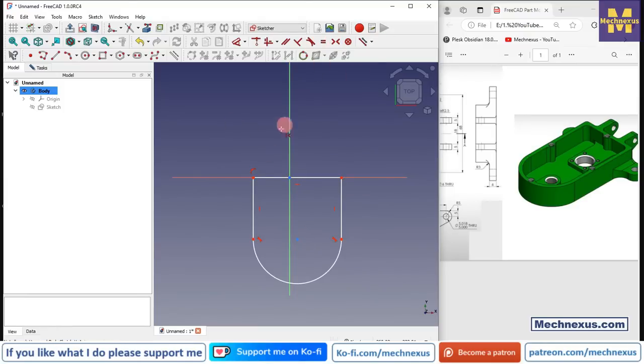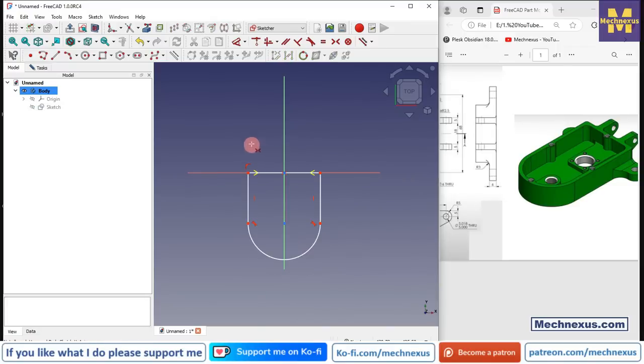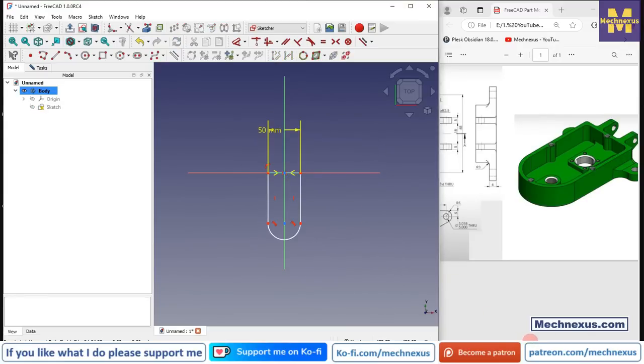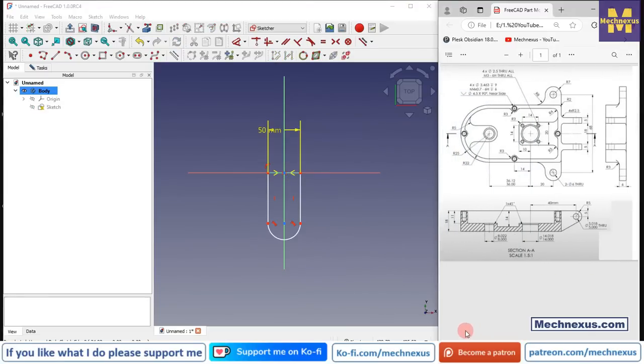So we will click on the symmetric constraint, select this point and this axis. Now select the horizontal dimension and provide the dimension 50, and this dimension we can see here as R25, therefore it is 50. And from the edge to the center,